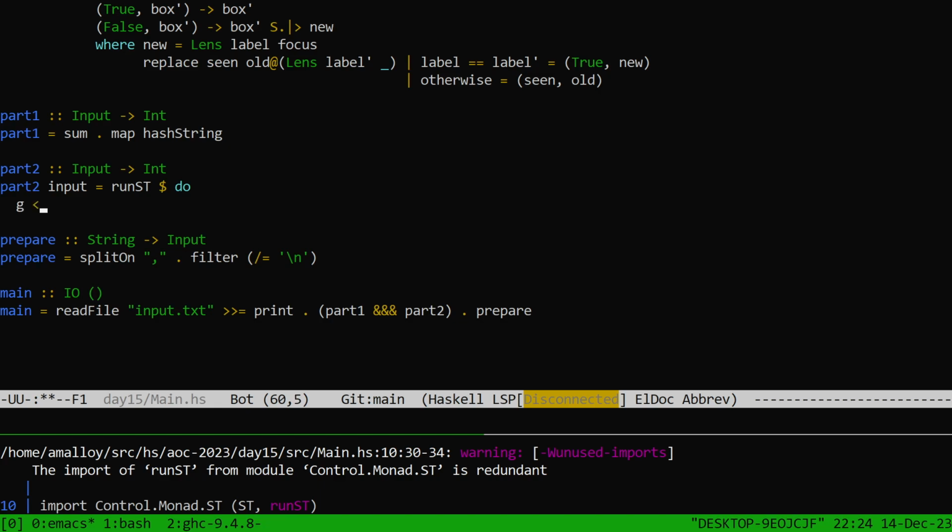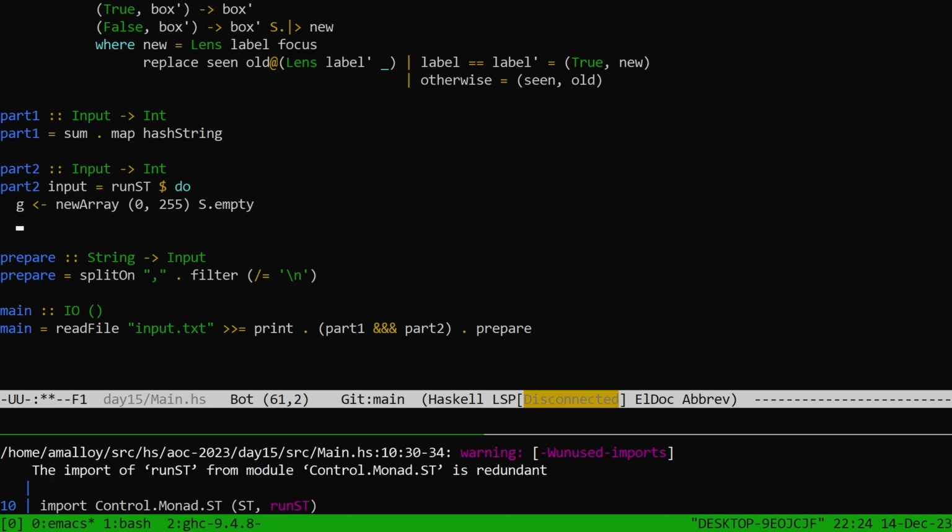We need the array. G is new array. What order does that take its arguments in? The bounds, then the element. Okay. So the bounds are from 0 to 255. The element I want is an empty seek. Then I want to, for map parse input,